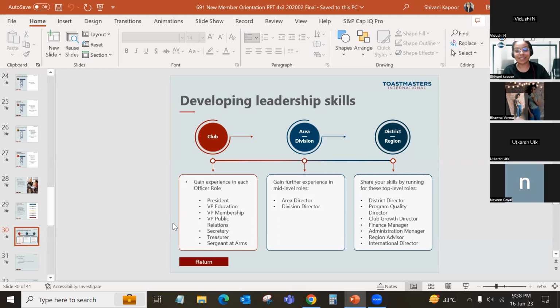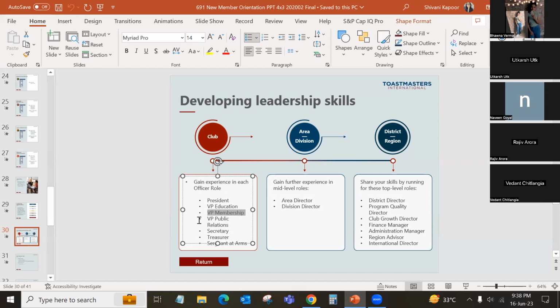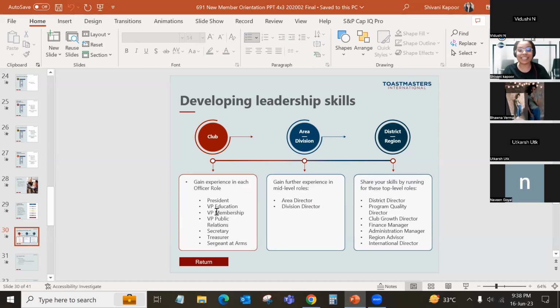To enroll the new members to the club? Okay, that comes under VP Membership. That's not wrong, it's right, but that falls under Vice President Membership. Whatever onboarding a new member gets: you come as a guest, then after a few meetings someone approaches you to tell you how you can get enrolled as a member, what steps you have to follow, and what details you have to give. So membership onboarding is taken care of by VP Membership.